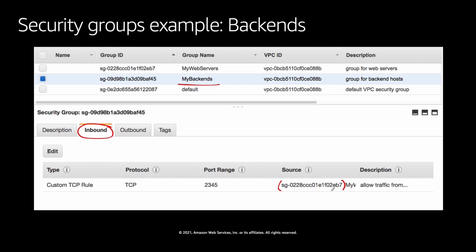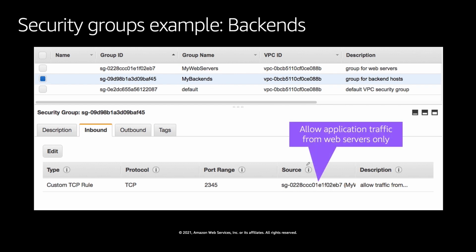If you read this carefully, the last 3 characters, EB7, and this is EB7, and this is nothing but my web server, right? So you can create security groups, and you can give the source as not only IP addresses but also security groups and other resources. That's the beauty of security groups.